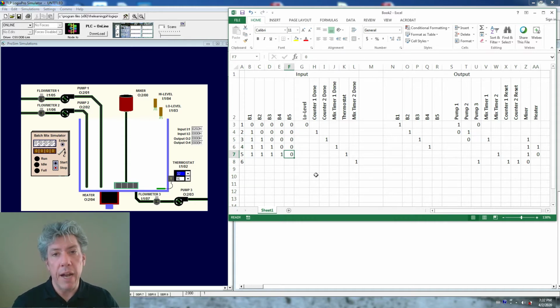We're waiting for step 5 to be done. Step 5 is that the heater brings the temperature up to the desired level. Now that we're sensing from an actual input, the low level switch and the thermostat are the only 2 real inputs that we're using that are coming from a sensor. Okay, so once the mixture has come up to temperature, then I'll realize, or I'll remember, that step has